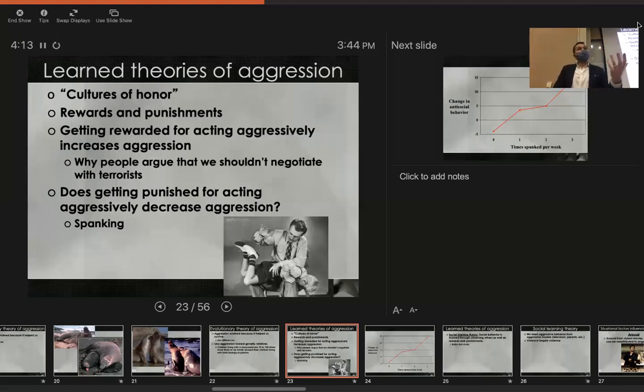Well, note first of all that this is a causal question, right? So the question is, does spanking cause an increase or decrease in aggression? And as we've seen before in this class, if you have a causal question, what we really need to answer that question is an experiment. But in this case, we can't ethically conduct an experiment because we'd have to randomly assign kids to be spanked or not spanked, and we can't beat kids in our studies, right? So we can't actually conduct experiments on this question for obvious ethical reasons. So what researchers have done is use different types of methodologies to look at the relationship between spanking and becoming aggressive. And this is the results.